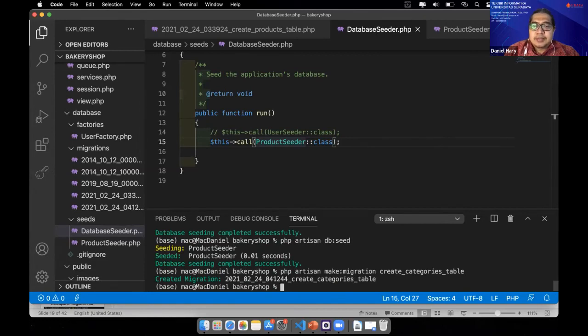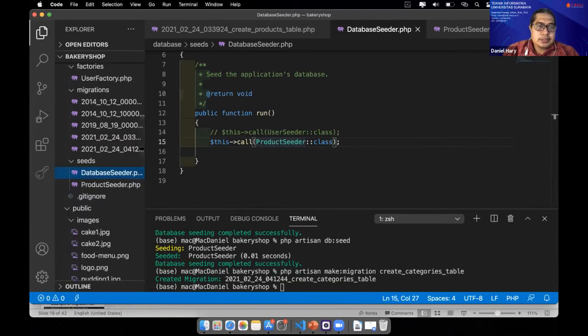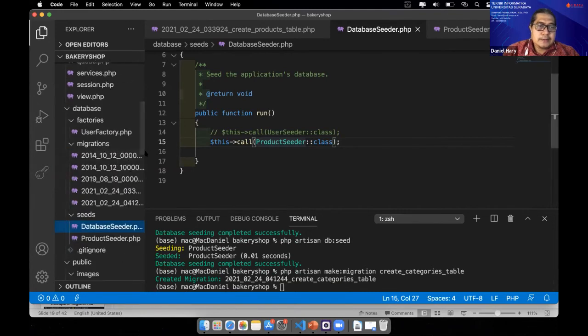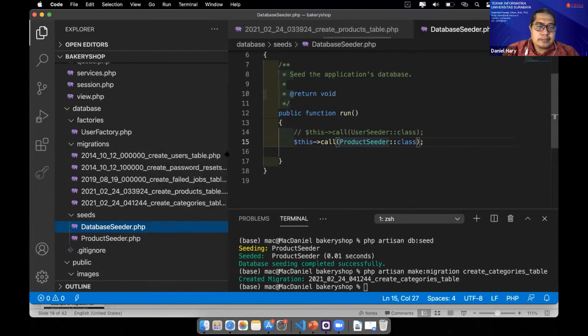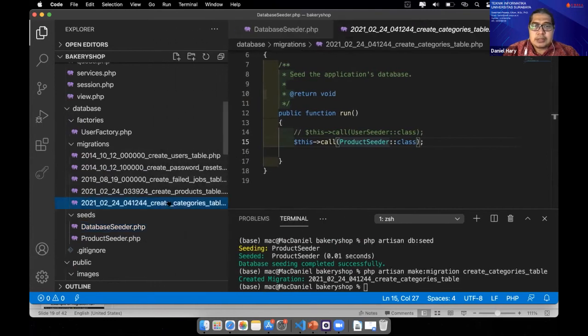Okay, PHP artisan create category table. And then open the category table. Where is it? This one. Create category table.